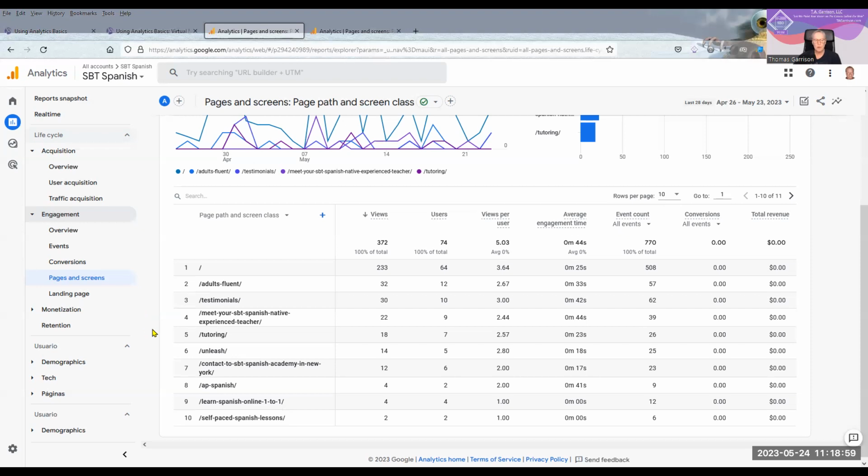You certainly don't want to reverse it and say, okay, well, I've got all this great organic traffic, or even could be direct. You've got all this traffic to this page and you make a change and suddenly you've got next to no traffic. That would be a bad thing for you as far as that one page. If you've changed something and you're not sure if you're changing it correctly, if I were you, I would take a screenshot of the page before you've made a change. That way you can put it back exactly the way that it was.